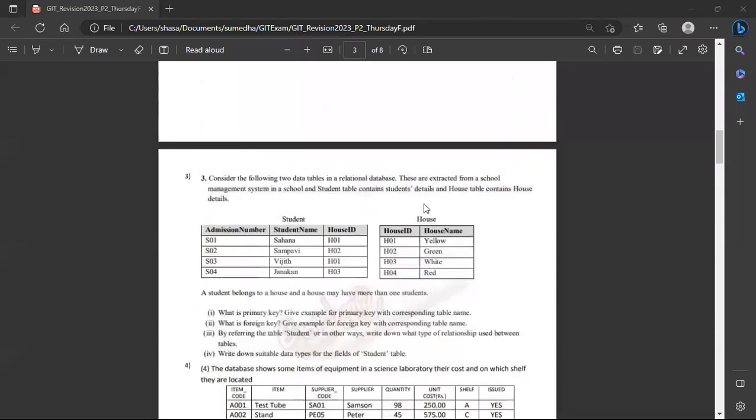Now here you can see, consider the following two tables in relational databases. These are extracted from a school management system, the school and the student table. The student table contains student details and the house table contains house details. Now, when you go through this one, puta, when you go through this one,